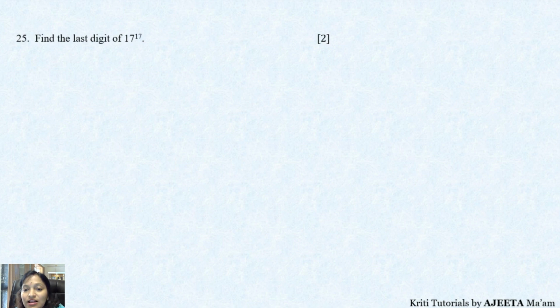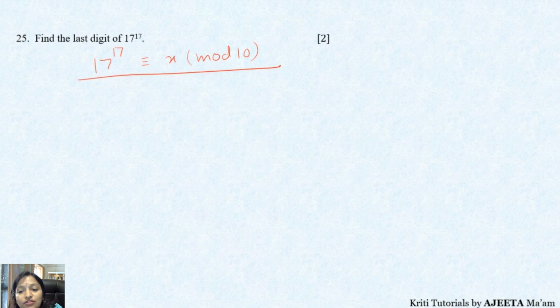Now find the last digit of 17 raised to 17. Now this is a question which is based on first unit. Last digit means we are going to find the value with the congruence modulo 10. So whatever remainder we get for the last digit, that will give us the answer. Now we have to find this value, and for that we have to simply use the logic of